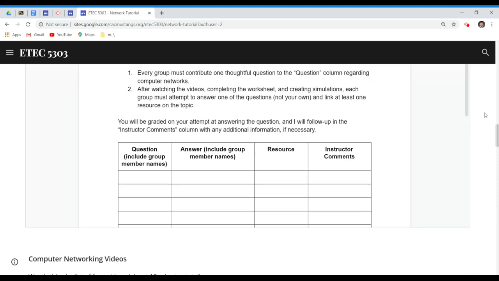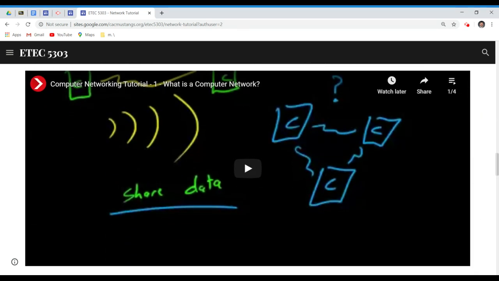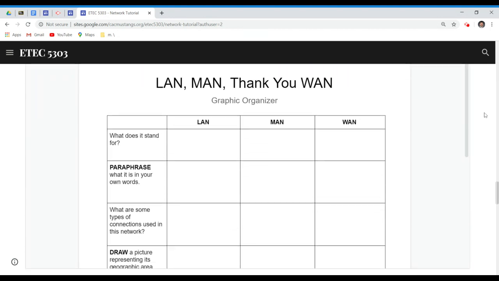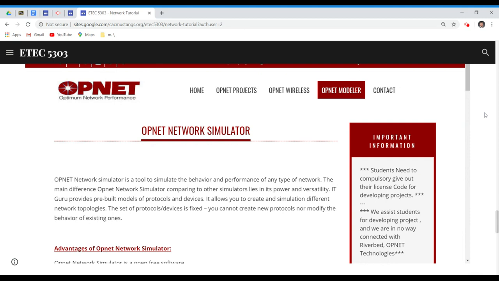Students will take notes as they watch all 4 video tutorials on computer networking linked to this playlist. Following the video, students will use their notes to complete a worksheet comparing LANs, MANs, and WANs. And over the final 3 days, students will create a computer simulation of a LAN, a MAN, and a WAN